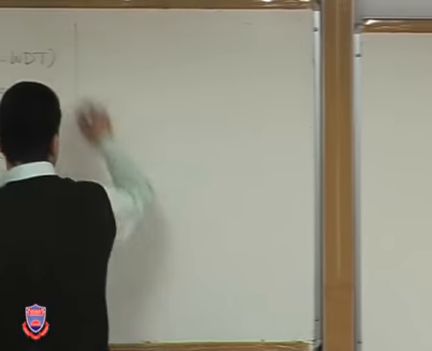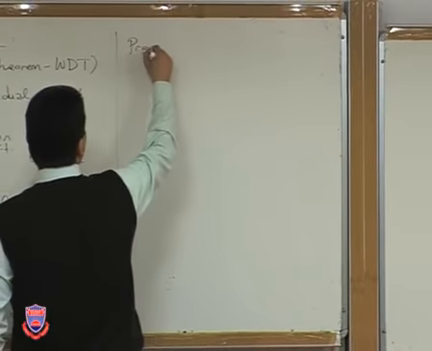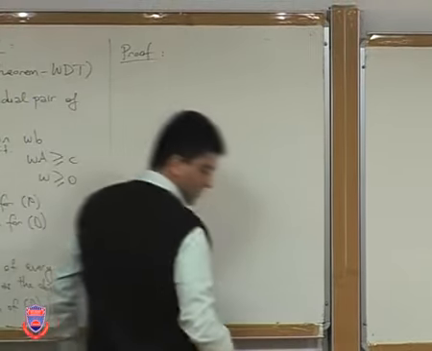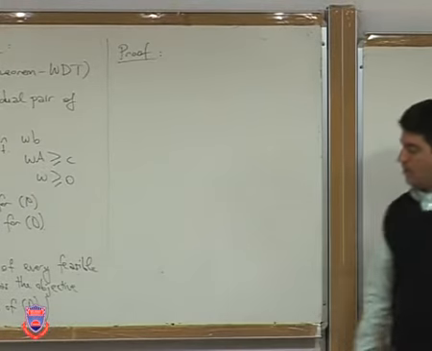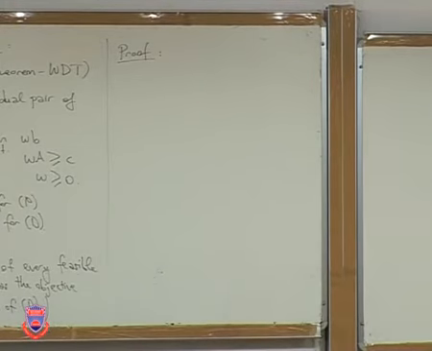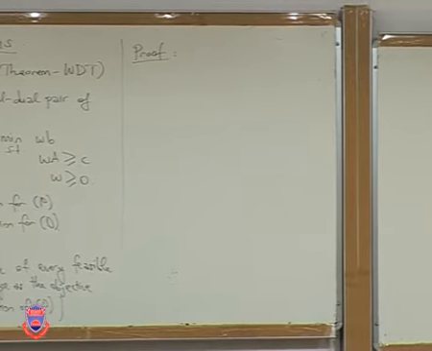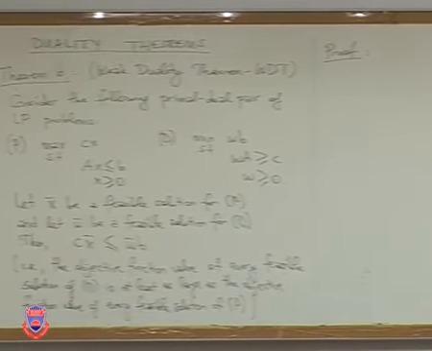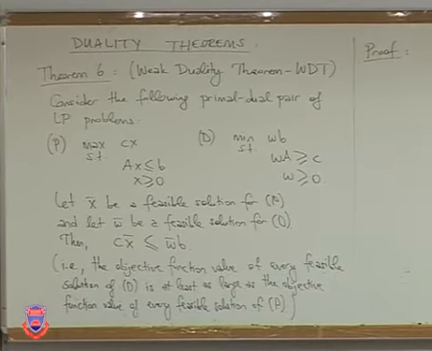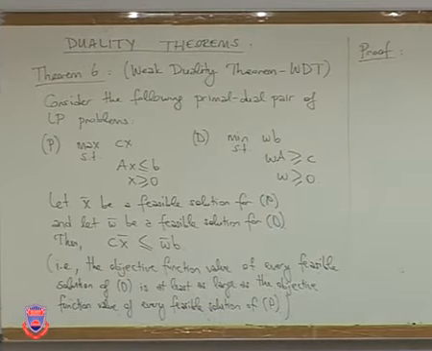The proof is pretty simple, actually. I'm going to try to convince you formally that indeed the objective function value of the primal problem is always less than or equal to the objective function value of the dual problem. Okay? So how do we prove such a result? Well,